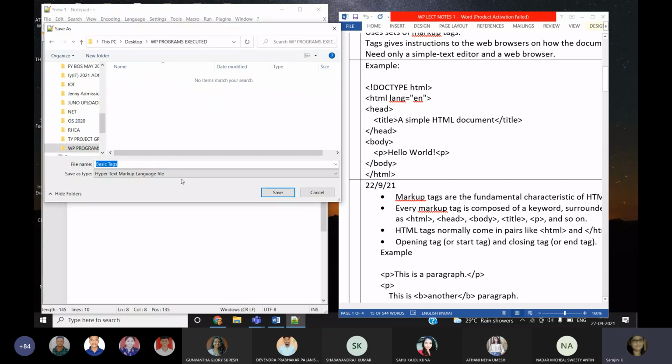Where I am saving my basic tags, you have to remember where you are saving. Then only you can retrieve it later. The location you have to know. Where I am saving: within the desktop, I have created a new folder which is called the WP Programs